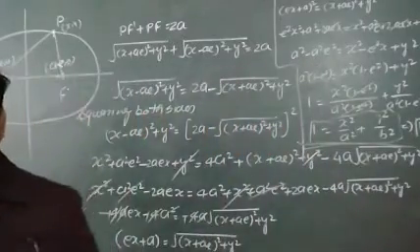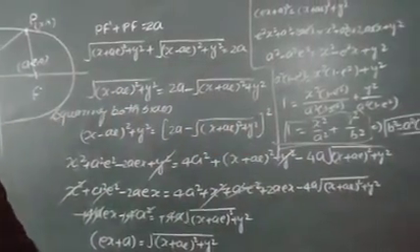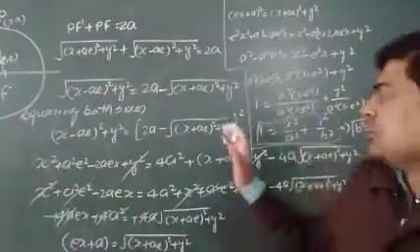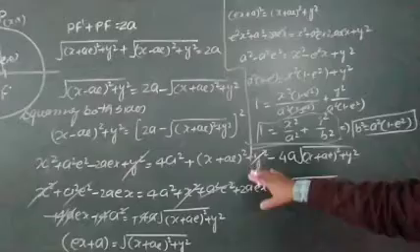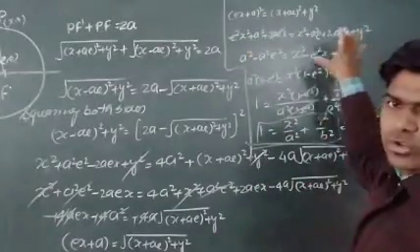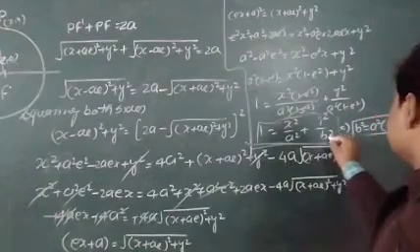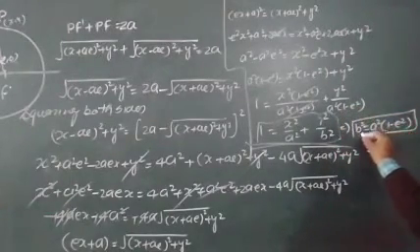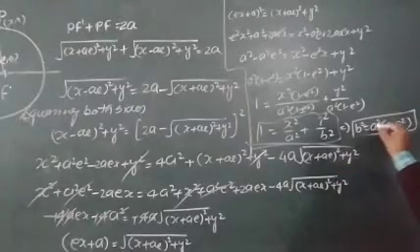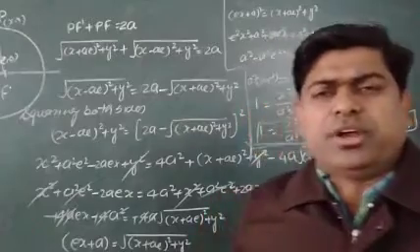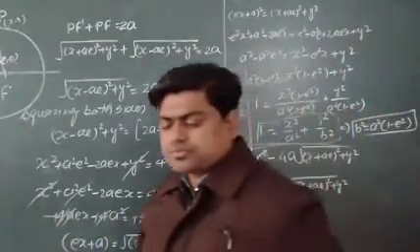So there are two ways to find the equation of ellipse. You can see in front of you, a few things were not visible. Again, I have done the simplification only, squaring both sides, and then all these things are there. This one is an important point: a square 1 minus e square is written as b square. So b square is equal to a square 1 minus e square, a new formula, and this formula we had used in the previous one also.